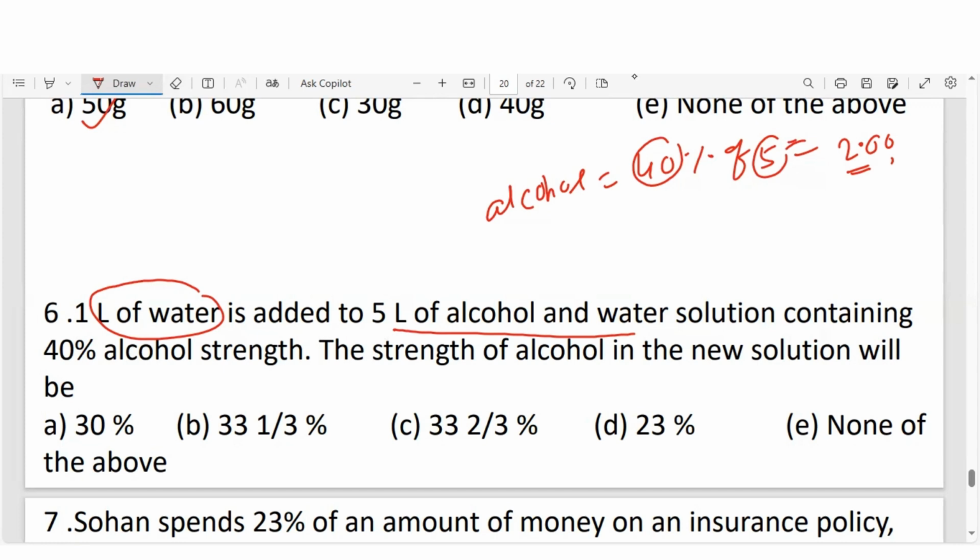In 6 liter, alcohol is only 2 liter. So the percentage is 2 into 100 by the total, which is 6. We can simplify, 2 threes are 6, so 100 by 3. Our right answer is 33 and